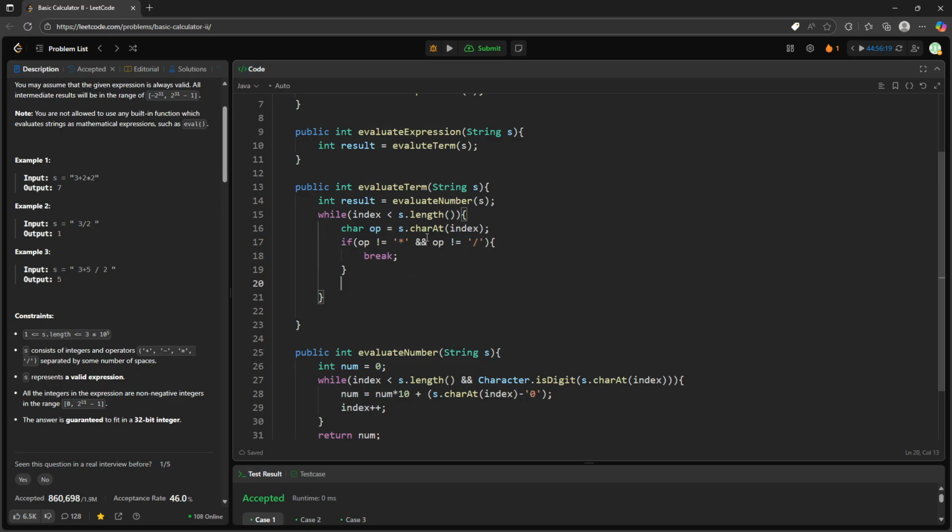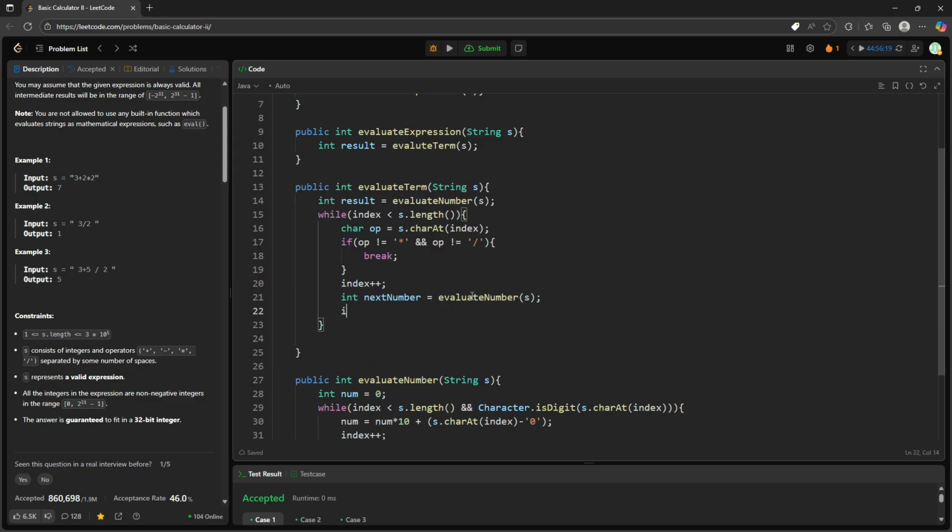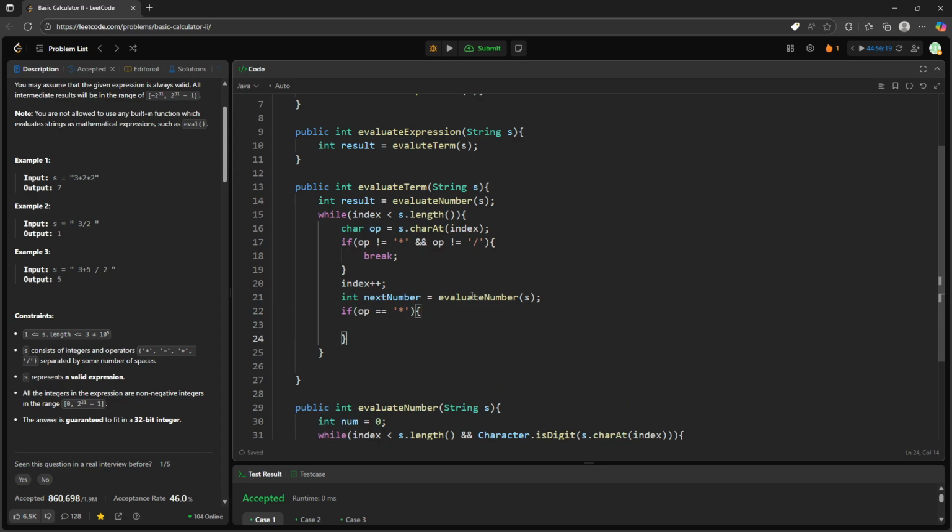Just think about this scenario, and then I will say, okay, now I want to find out what is my next number. So I will say int nextNumber. I already know my operator, right? I increase my index to move forward from this operator to the number, right? So I would say evaluate numbers based on s. So if operator is equal to multiplication,